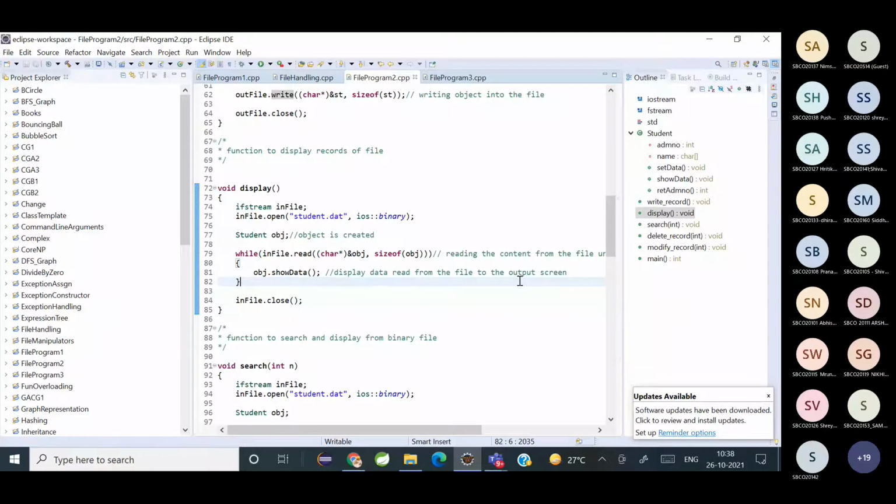Creating an object of ifstream. So ifstream is used for what? Reading. Good. So we are going to open the file for reading. We have used the stream ifstream and we have created an object called infile. Then using the open method, we are opening the file student.dat in which mode?